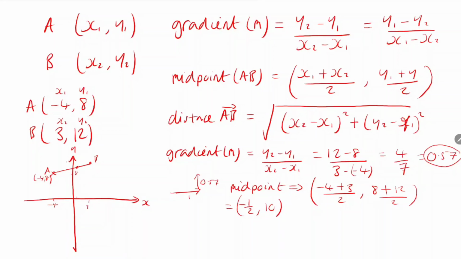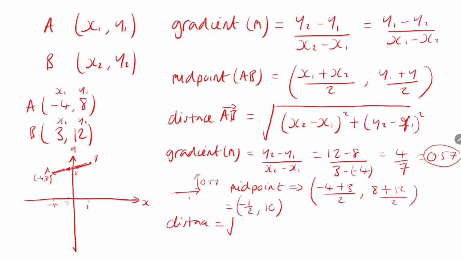No, sorry, I have plotted it incorrectly. It's minus half and 10. So minus half will be here and 10. And you can actually see that it looks more like it's in the middle of those two values. Okay. Then for my distance,